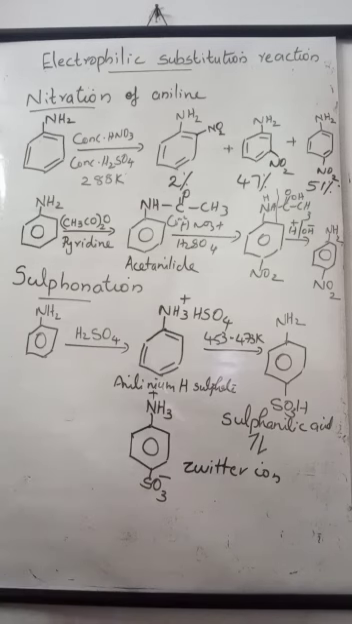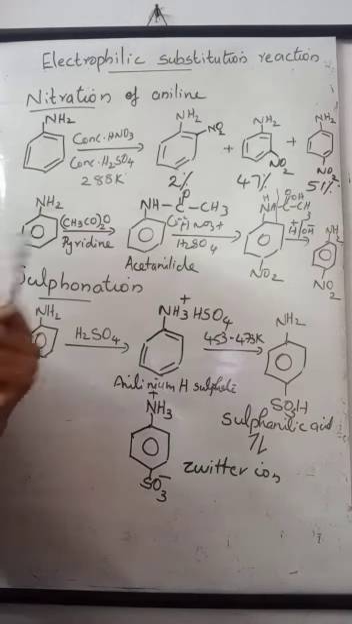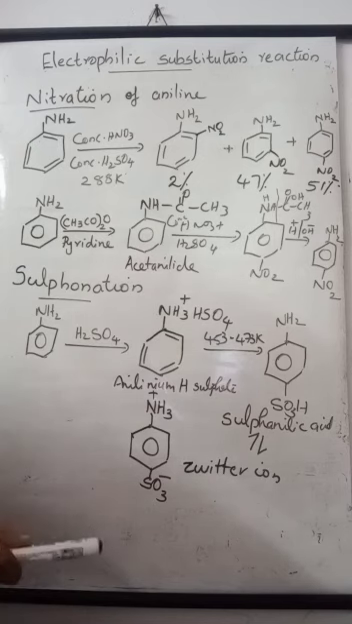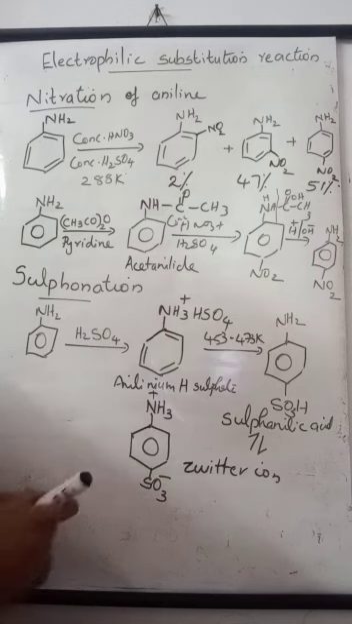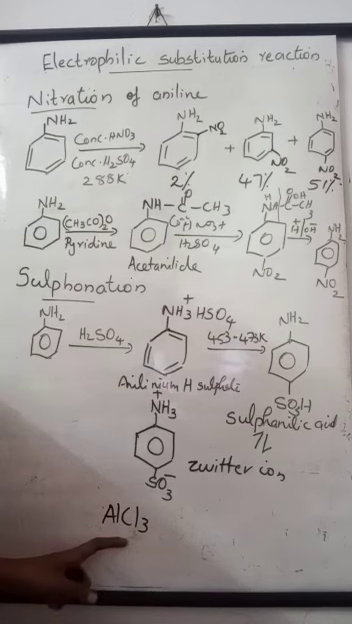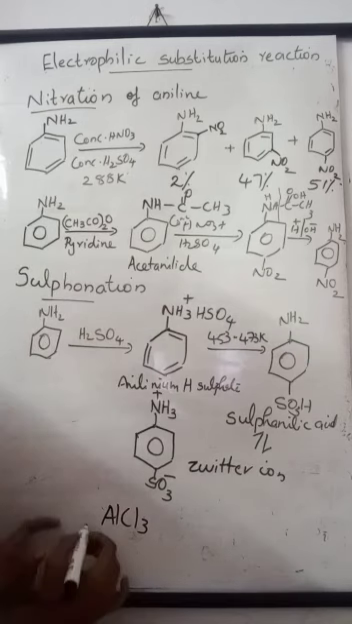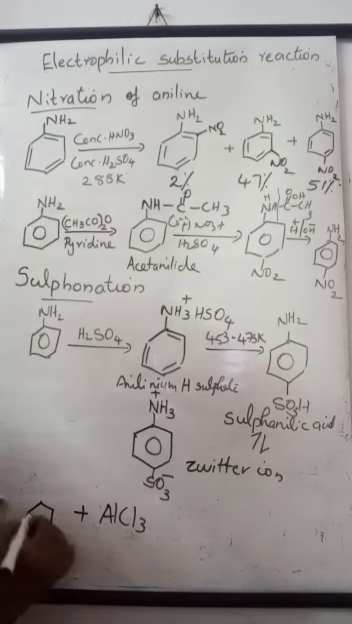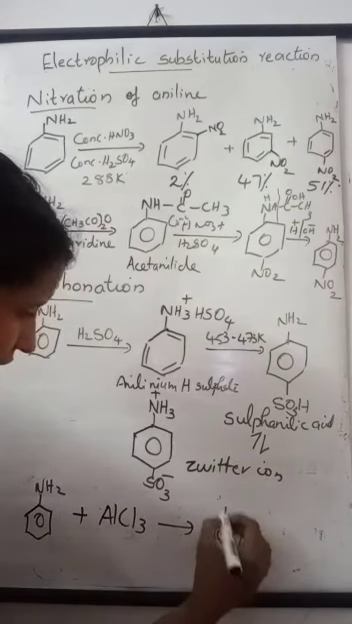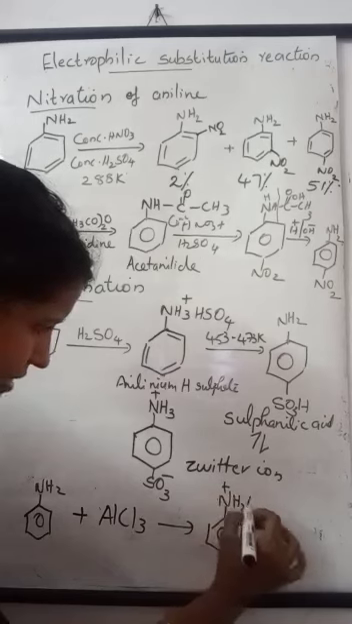Now, aniline does not undergo Friedel-Crafts reaction. Friedel-Crafts reaction, we know, is also one of the electrophilic substitution reactions, but aniline does not undergo it because during Friedel-Crafts reaction we use a catalyst, anhydrous aluminium chloride. Anhydrous aluminium chloride, the Lewis acid catalyst used in the Friedel-Crafts reaction, would react with aniline. This catalyst and aniline would react and form a salt, in which the salt formed will be C6H5NH2+ AlCl3